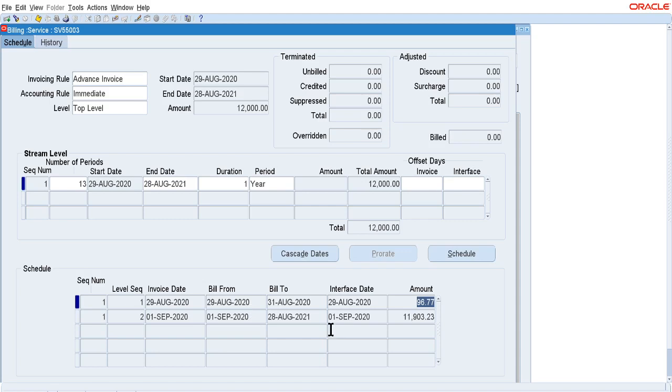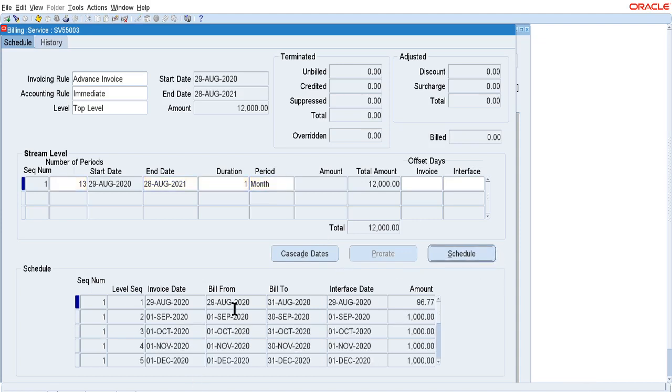Which type of billing schedule you want to create is based on business decisions, how the business wants to create the invoice. You can take the decision and go ahead, right? So I am taking monthly currently. I am clicking on schedule, and it will generate the invoice.